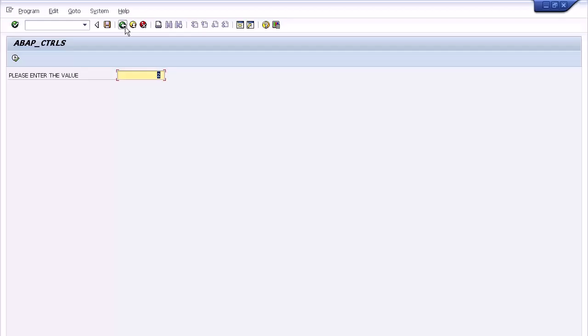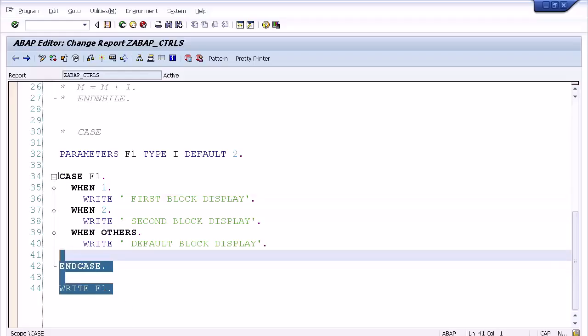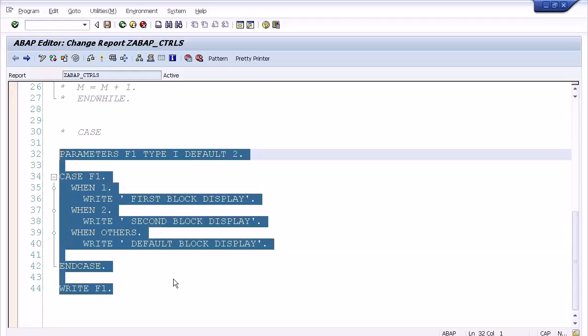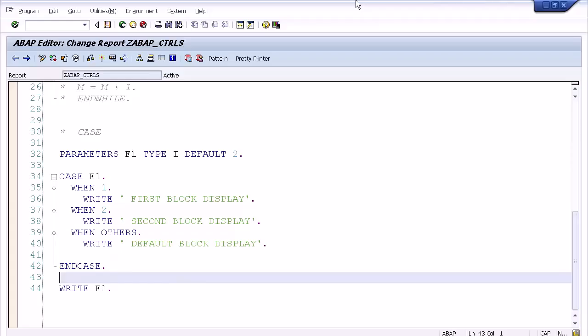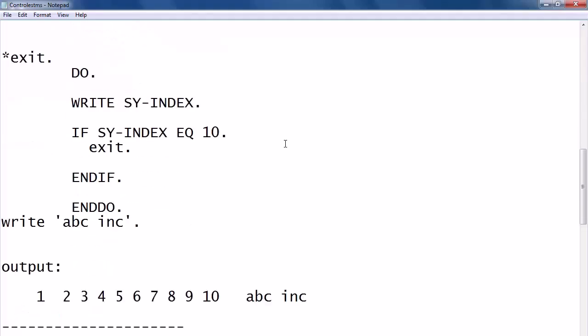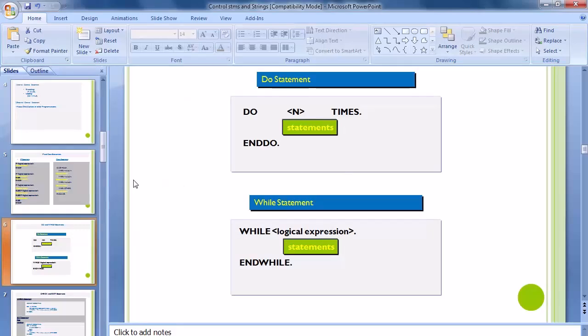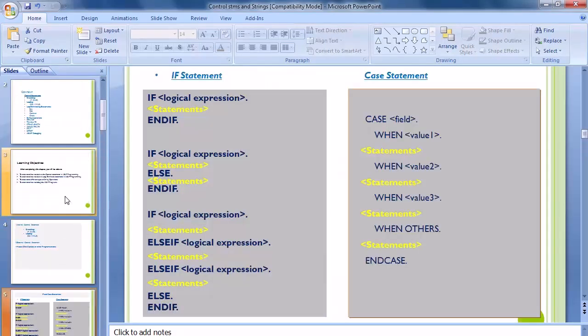Then F3 is a shortcut key. If you have to click on back, press F3. Now we are able to do this in a case statement. You are in coding. Right, this is the way you have to do the parameters and all. So back to the presentation, and then we'll work out with the